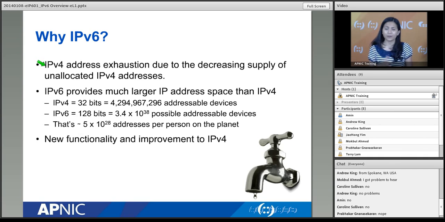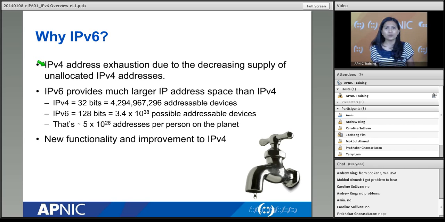We are in a world right now that we call the Internet of Things. It's not just one big computer in a house or in a laboratory. We have laptops, computers, mobile devices, even our equipment. Maybe some of our home appliances will be using IP in the near future. Well, some of them already do. So there is really a need to come up with a new protocol that can give you this larger pool.